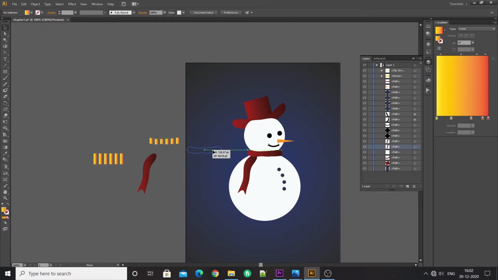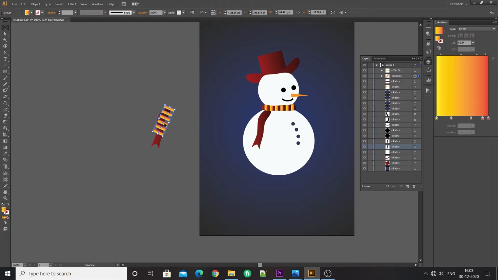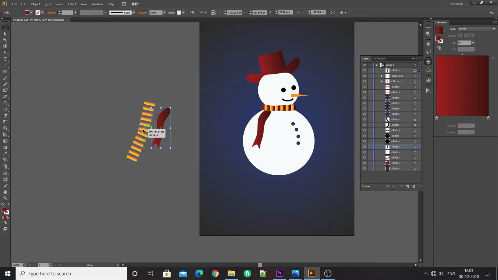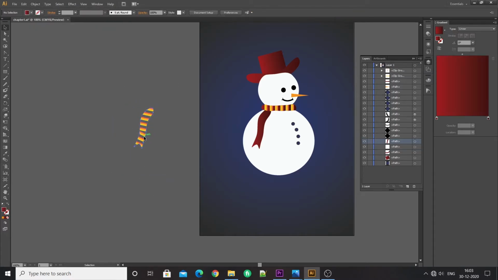So let's move this design onto the snowman. Now I'm going to rotate and duplicate my pattern and do Clipping Mask once again. So I'm going to bring my scarf to the front to adjust it properly. Then select both, Menu, Object, Clipping Mask, Make.